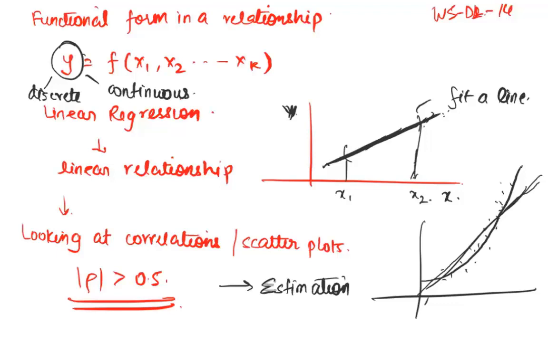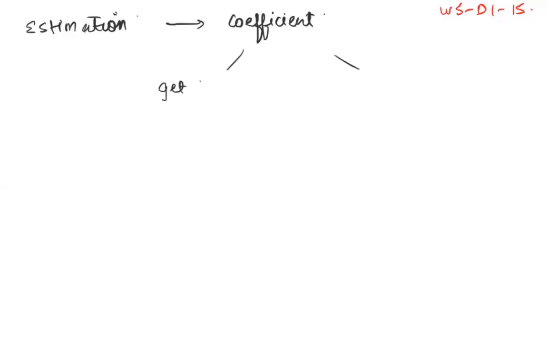Okay. So once you've identified correlations, if you've seen that there are good correlation numbers that are encouraging, then you go to the next step, which is that of estimation. Estimation has two benefits, as we saw right now. What we estimate is the coefficient, and what we get out of it is the best fit line, and we get a mathematical